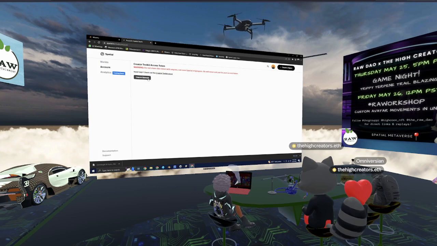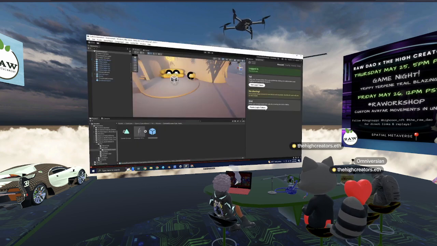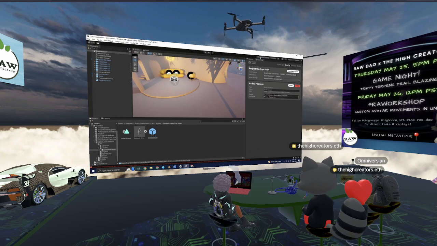Whatever is copied to your clipboard, you're going to paste in this second step right here. After you've done that, you should be able to test the active package, which you're going to make sure is the avatar animation zombie script. We're going to test active package,